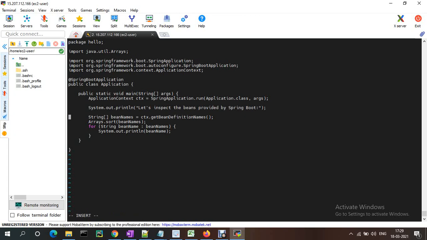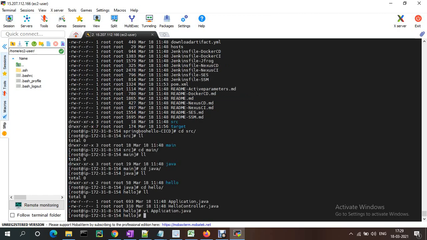I'm giving a small s instead of a capital S, and I saved it.